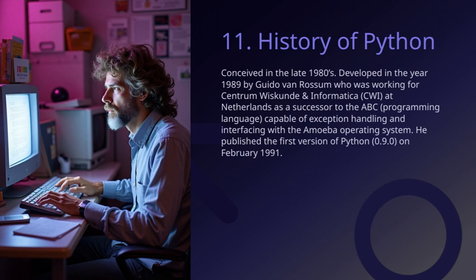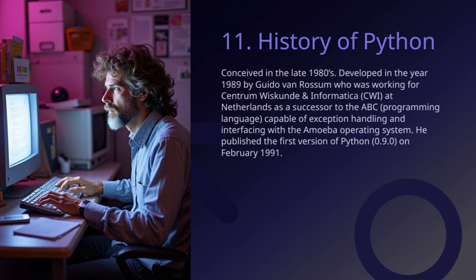The first version of Python, 0.90, was released in February of 1991, marking the beginning of what would become a hugely influential language in the tech world. This history underscores Python's roots in making programming more accessible and powerful, aligning perfectly with our overall theme of innovation